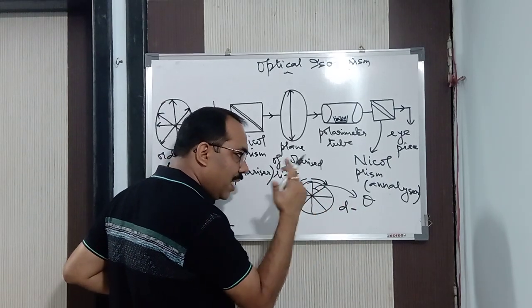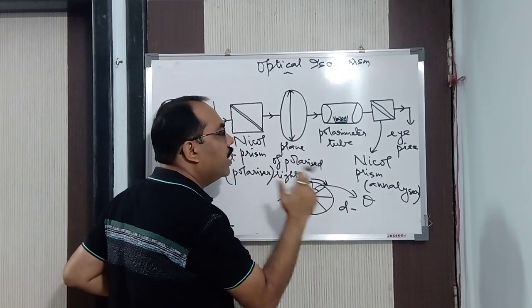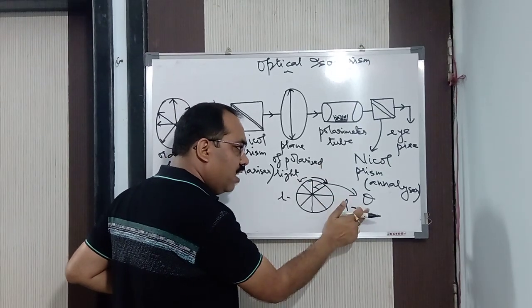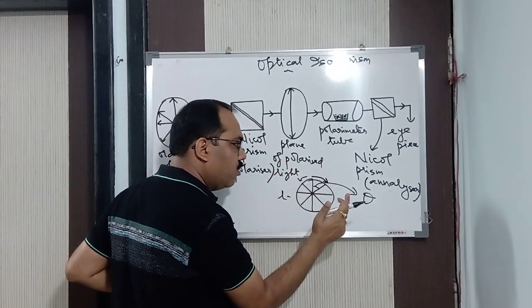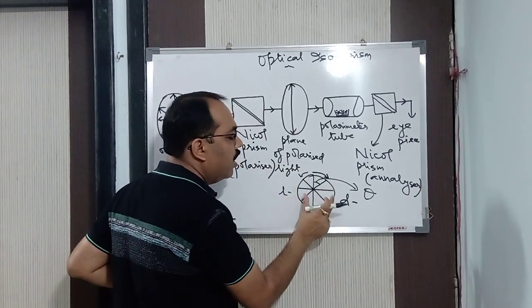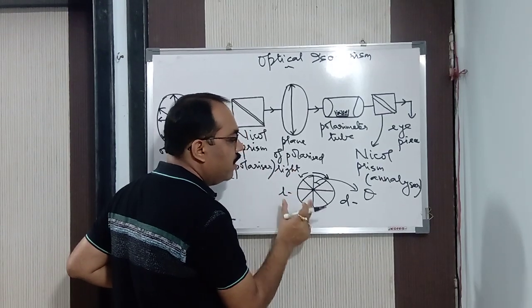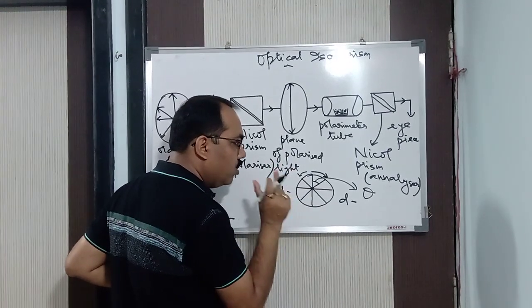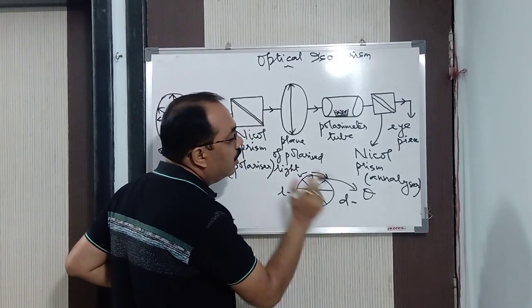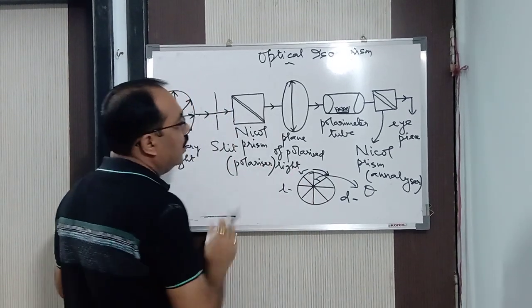The more the angle theta, that means the more the angle of specific rotation, the more optically active the compound is. Again I repeat, the more the angle of theta, the more optically active the compound is. So from the value of theta, or the angle of specific rotation, we find out whether the compound is optically active. Not only that, we can also compare the optical activity of the given compounds. So this is all about how we find it out practically.